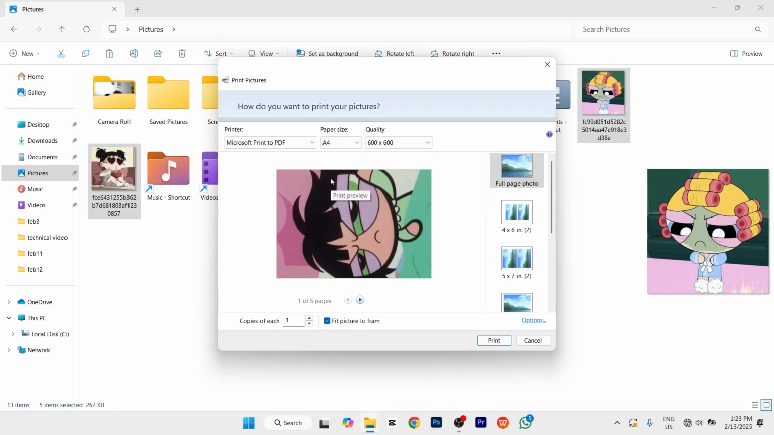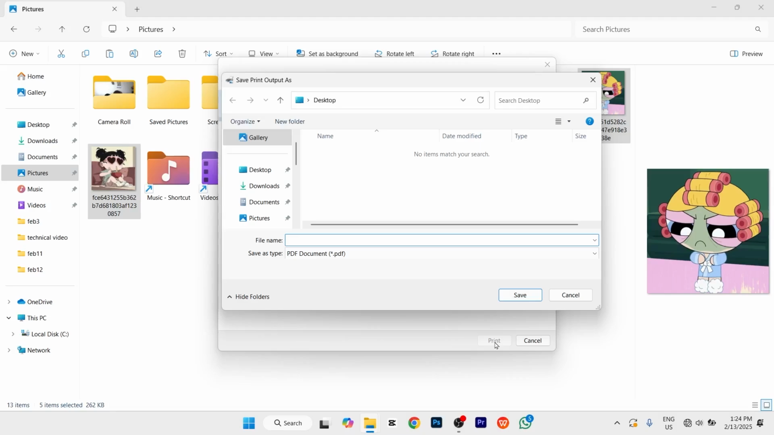Don't worry, we are not printing any photos here. We are just converting photos into PDF. And now you can adjust your paper size. I'll select A4 and here you have to select the printer. I'll select Microsoft Print to PDF and here you can select whether you want two photos on one page or a full page photo. I'll select full page photo and then you just have to tap on Print